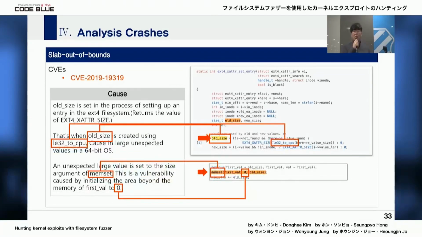Among them, the value stored in old_size is calculated through a function called le32_to_cpu. An unexpected large value may be set due to the difference between the 32-bit data type and the 64-bit data type in a 64-bit OS.